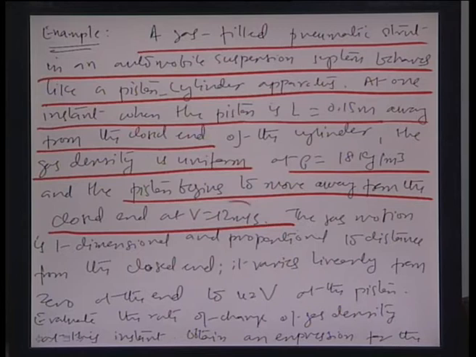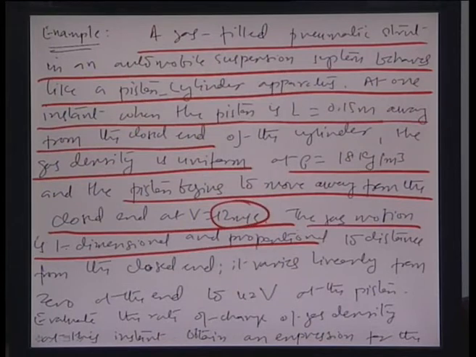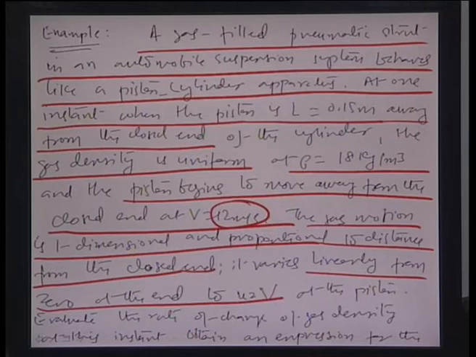The gas motion is one dimensional and proportional to the distance from the closed end. So it varies linearly from 0 to velocity v, which means at the closed end, the velocity is 0, and when it goes to the length L equal to 0.15